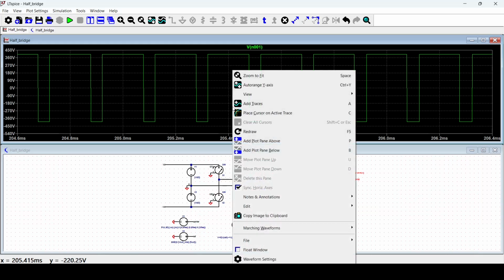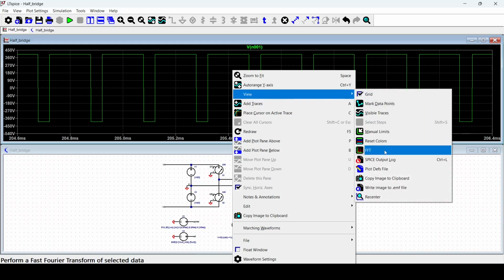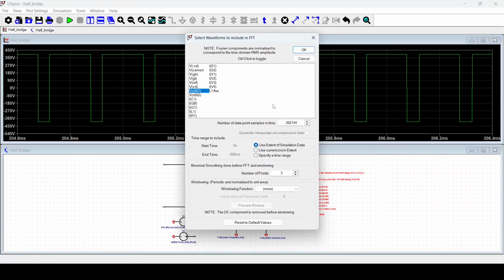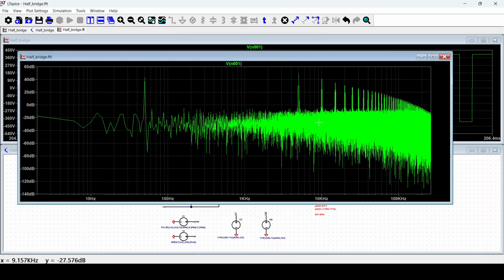So let's plot the fast Fourier transform. We will go to view and then fast Fourier transform. We can use the default values in this case, and we plot the voltage across the output unfiltered. So we can see that we've got a 40 dB amplitude of harmonic content at 50 Hz, which of course is the output frequency that we want for the sine wave, and we can say that we have a lot of harmonic content